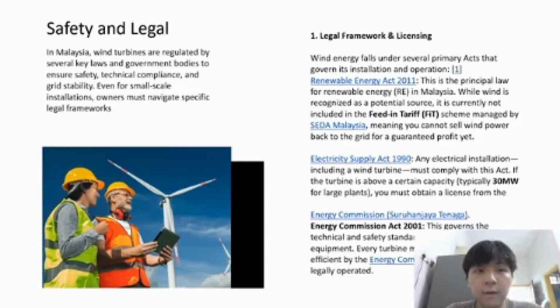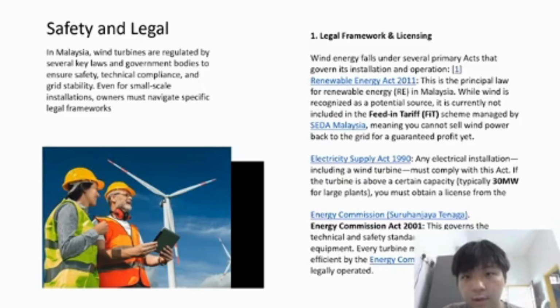But for safety and legal, in Malaysia, wind turbines are regulated by several key laws and government bodies to ensure safety, technical compliance, and grid stability. Even for small-scale installation, owners must navigate a specific legal framework. For legal framework and licensing, wind energy falls under several primary acts that govern its installation